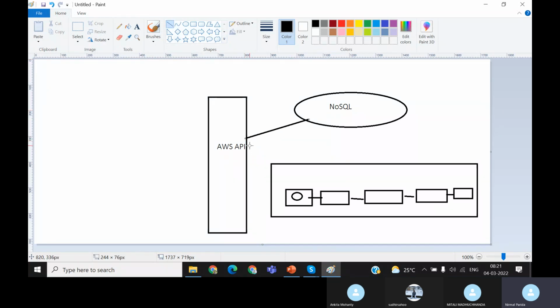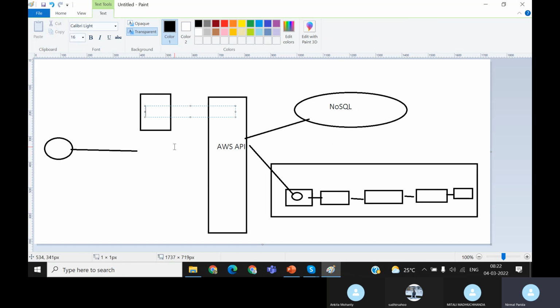This is the internal thing. Maybe their design may be different, but this is my understanding. And on the API, you can use it directly. Suppose you are a client here, and you will use those APIs, or you can use some console here, the AWS console,